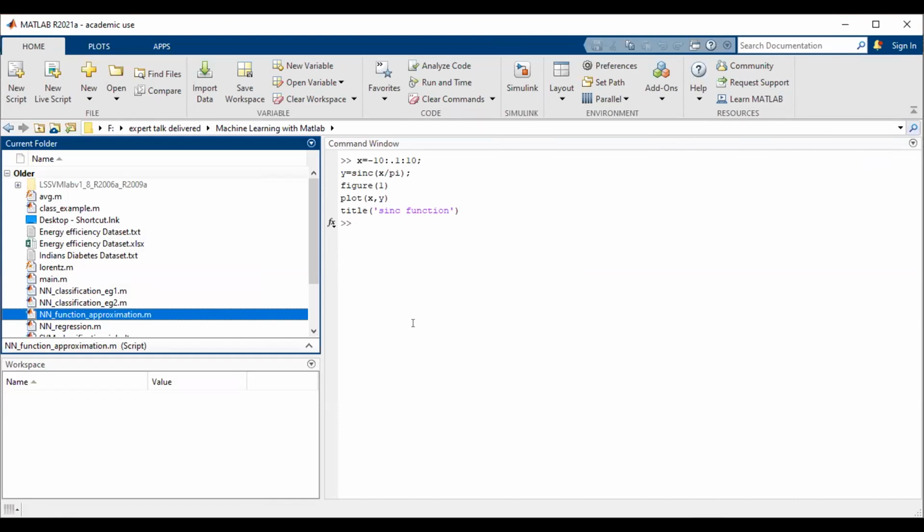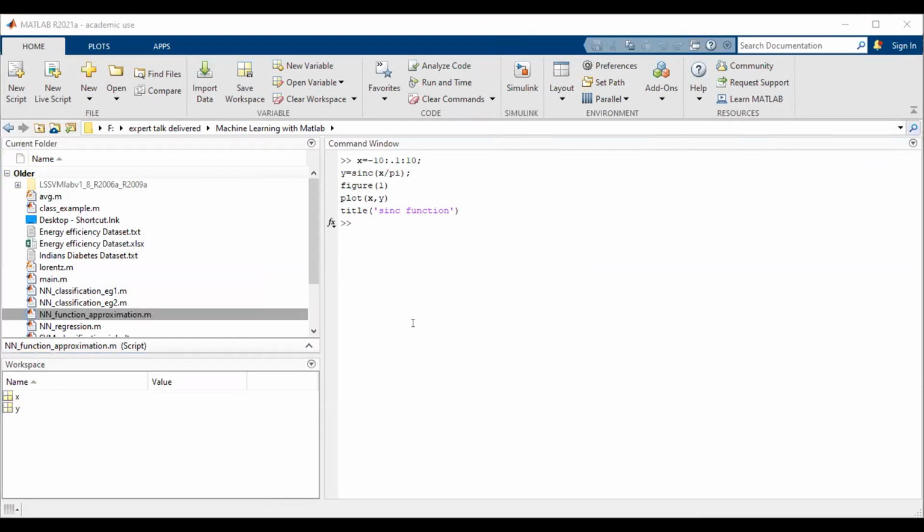One minute. Is the graph visible right now? The sinc function in the MATLAB window, is it visible? Hello. Is my MATLAB window with this graph visible to you right now?